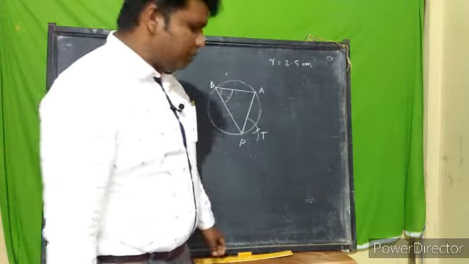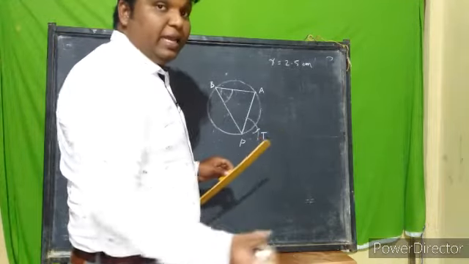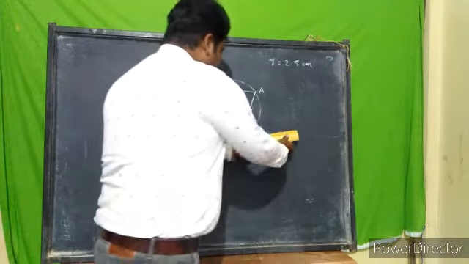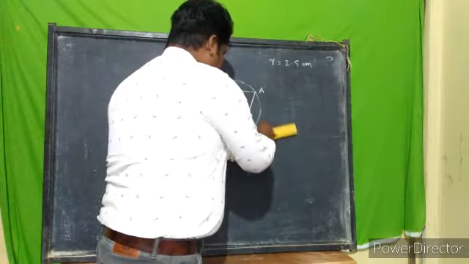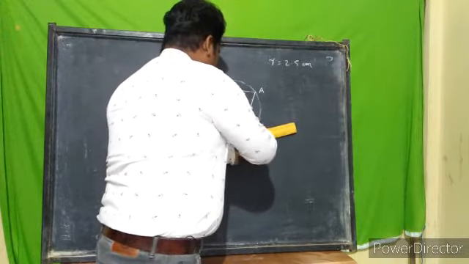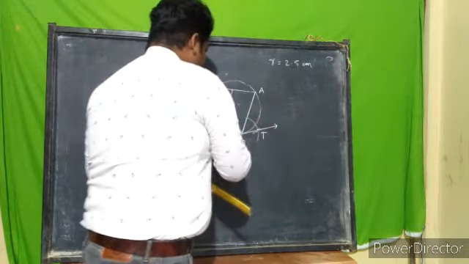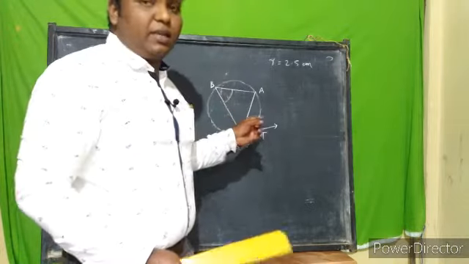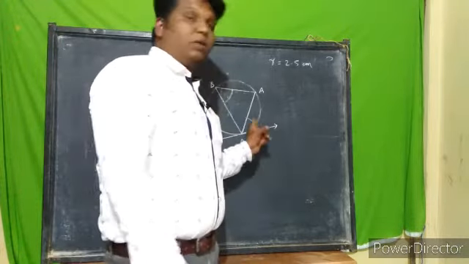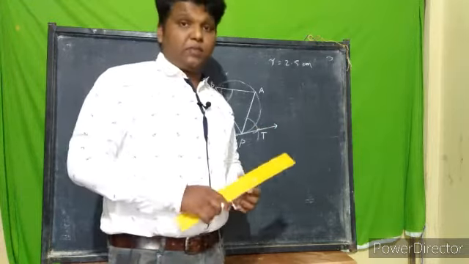Normally we are using T, it's because of tangent. You can use any letters, it doesn't matter. Now join this P and that point. Now you can see, without using the center (center का इस्तेमाल बिल्कुल नहीं किया है), we got the tangent. So now tell me what are the steps of construction.